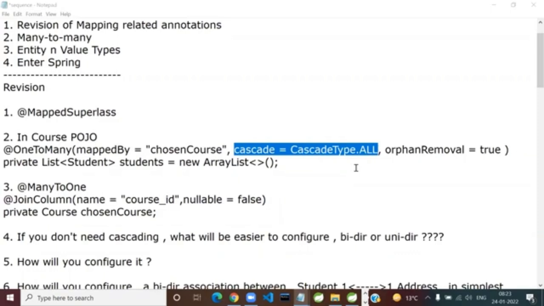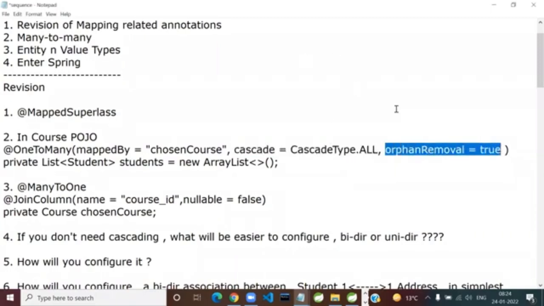Are you getting it? Guys, this is project tips time, project phase time. So here, if you require such cascading, can you use a unidirectional association or will you have to use bidirectional? You will have to use the bidirectional one. Got it? Now the next question I'm asking. If a particular student wants to cancel admission, I'm not saying canceling the course, one student wants to cancel the admission. So like how we had written addStudent, we had written removeStudent also.